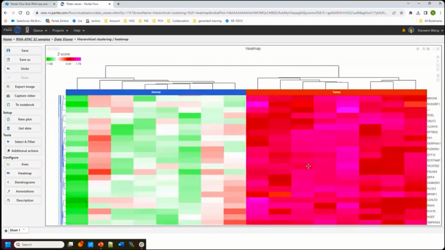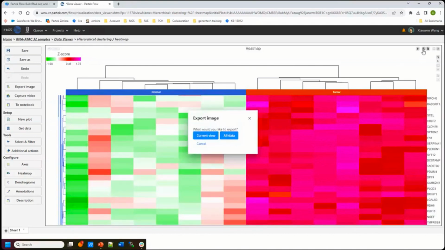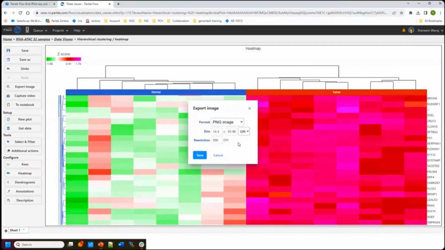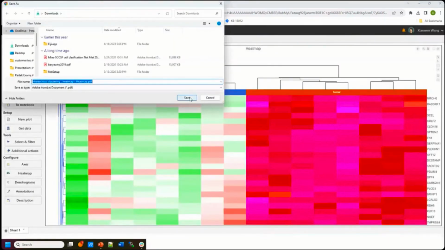You can right click your mouse wheel to pan this graph. But if you want to download that, you can choose export, and make sure you choose export all data. Even if you don't see all the data, once you export, it's better that you use a higher resolution. I like to use a PDF. Everybody has Adobe Reader. You can read that. You will have a higher resolution